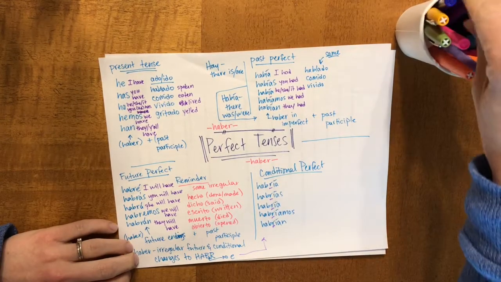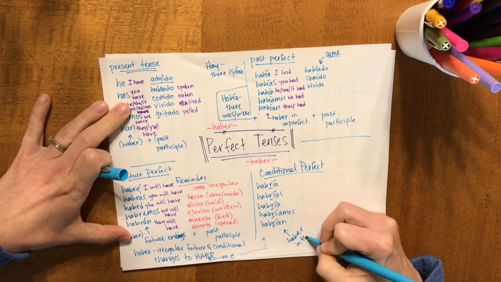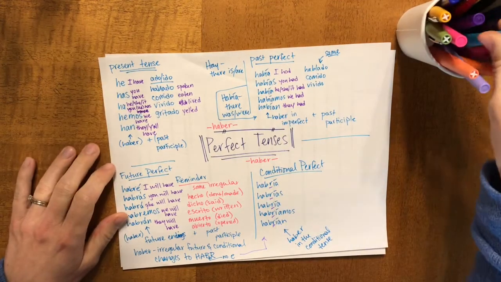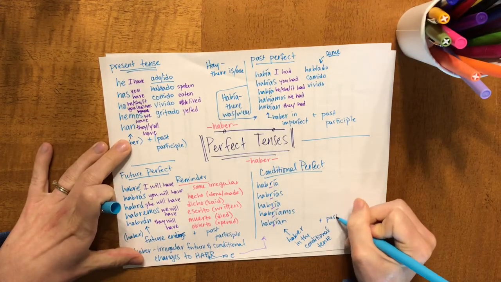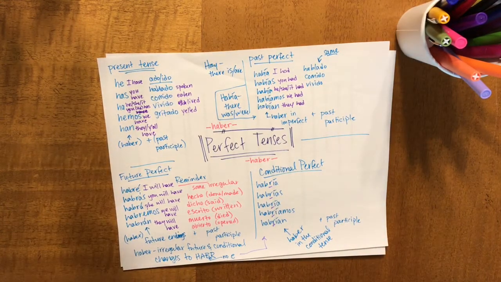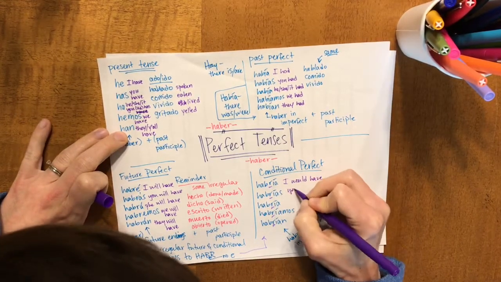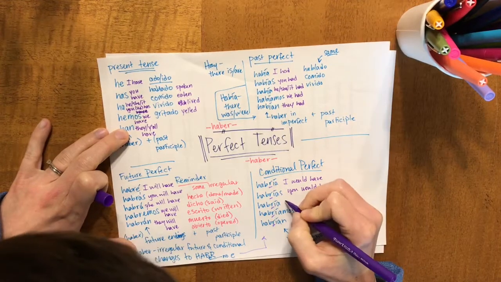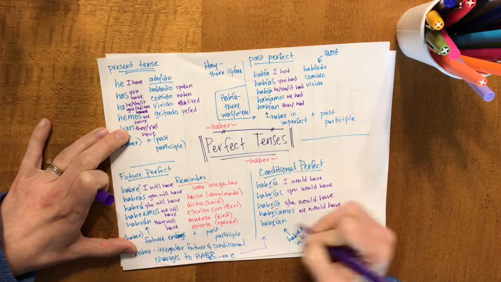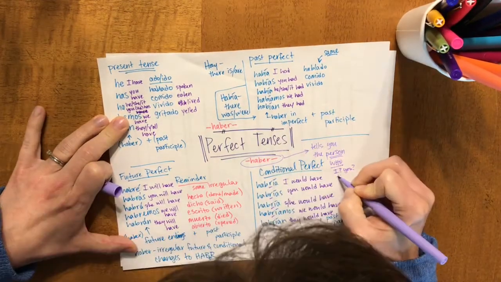Notice that's very similar to the past perfect, but it has an R. That's how you can tell the difference. So this is haber in the conditional. Notice that R, it's very important. You also still add the past participle to the end of that, just like with all of the perfect tenses. They will always have these two pieces, the part of haber that is conjugated and also the past participle. So this is saying I would have, you would have, he or she would have, we would have, they would have. So I would have taken that money, but I knew it belonged to her, or something like that.